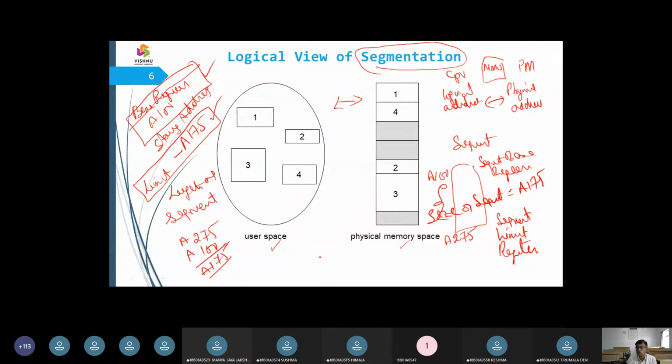Assume that I want to go to the 150 location. How do I get this 150 location? I'm going to have the starting location, which I call the base register, and the location I want to identify is 150. To reach this 150, I'm going to add a value of 50. So what is this 50 called? I'm going to call it a displacement, or an offset.